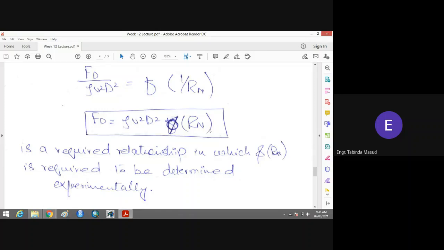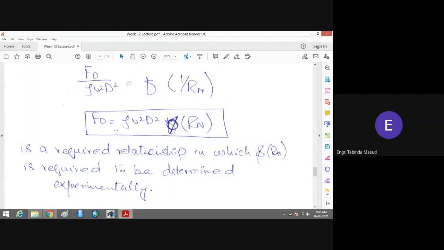Reynolds number has 3 parameters: velocity, dia, and viscosity. Of these 3 parameters, you can change any one of them and your Reynolds number will change. So I suggest not changing the dia of the sphere, because that means you have to take at least 50 or 100 spheres of different sizes, which will not be convenient. What if you change the viscosity? That is also not convenient because you have to change your fluid again and again. So I suggest you change the velocity of the sphere, and that will change the Reynolds number, and you will be able to check how changing the Reynolds number affects the drag force.